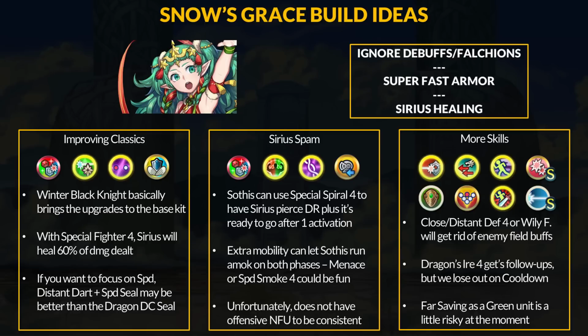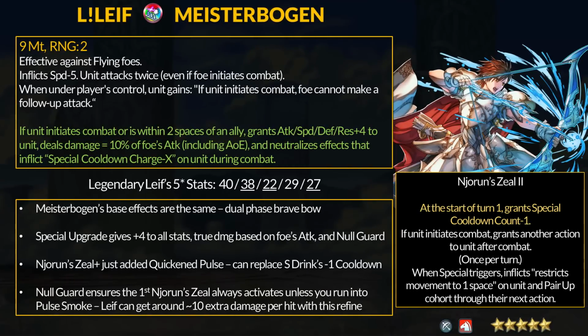It does seem like this refine is pushing for that upgrade. Whether you want to run Distant Counter though is up to you. Next up, we have a couple remixes. Let's start with Legendary Leif, a colorless bow cavalier who has low speed but higher attack because he comes with